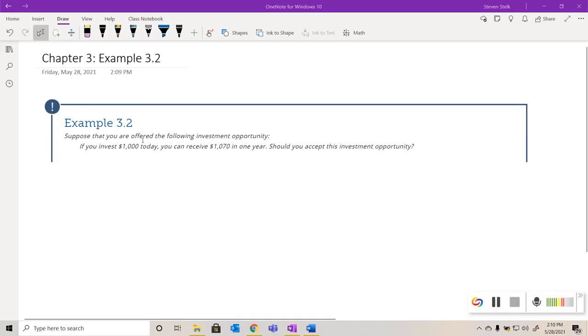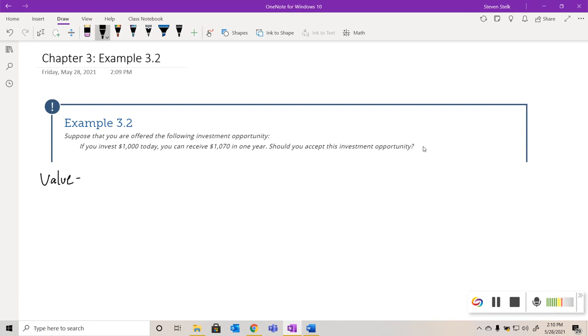Example 3.2 says, suppose that you are offered the following investment opportunity. If you invest $1,000 today, you can receive $1,070 in 1 year. Should you accept this investment opportunity? Okay, well, we're going to use the same